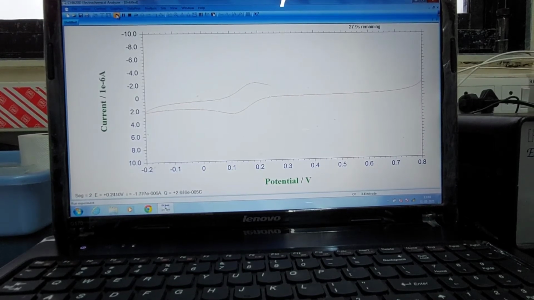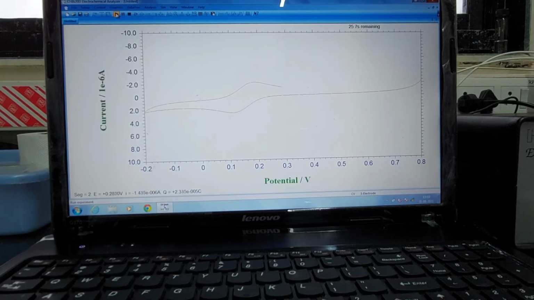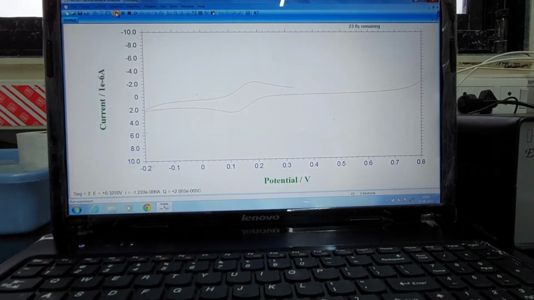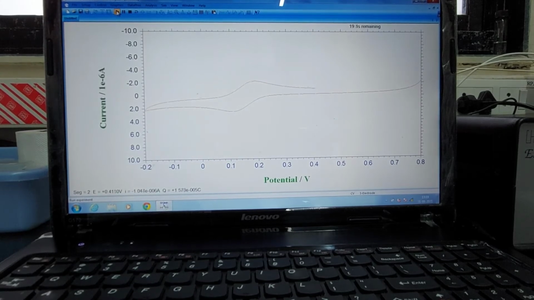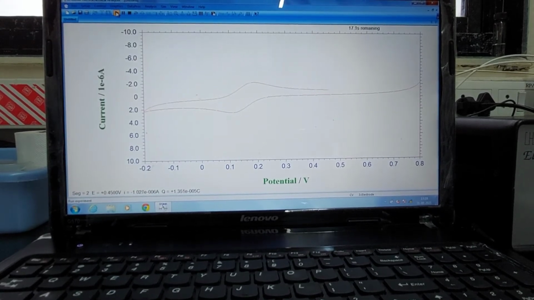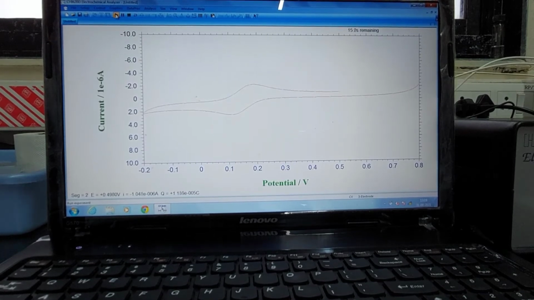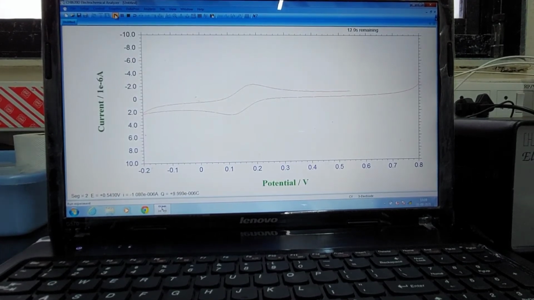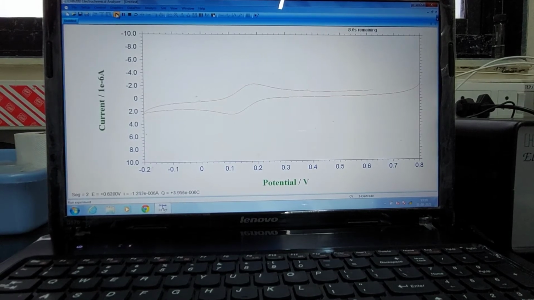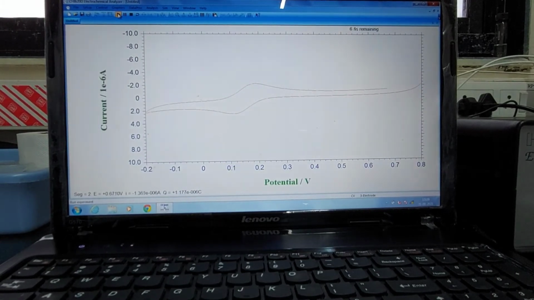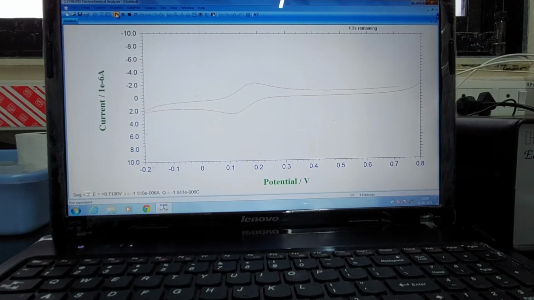Looks like a good graph to me, right? That's 2 millimolar ferricyanide. And likewise all the measurements will be done on ferrocyanide also, 1 millimolar, 2 millimolar, 3 millimolar, 4 and 5 millimolar. I'll show you those different concentrations in a bit.